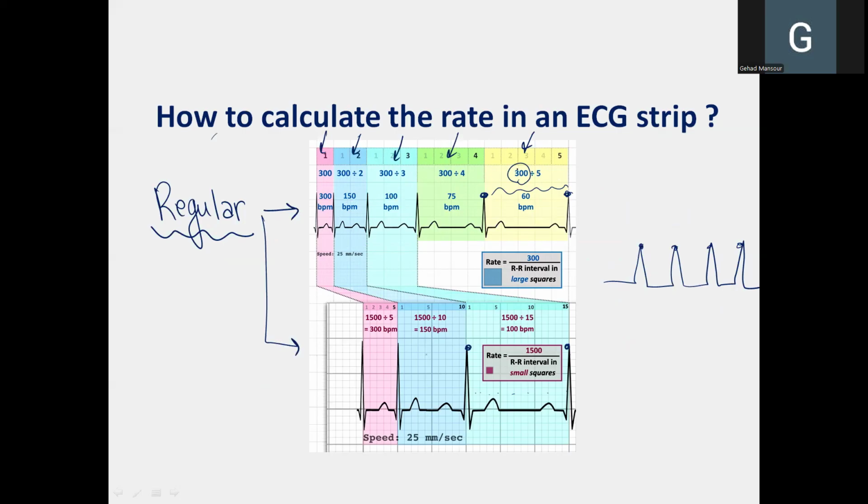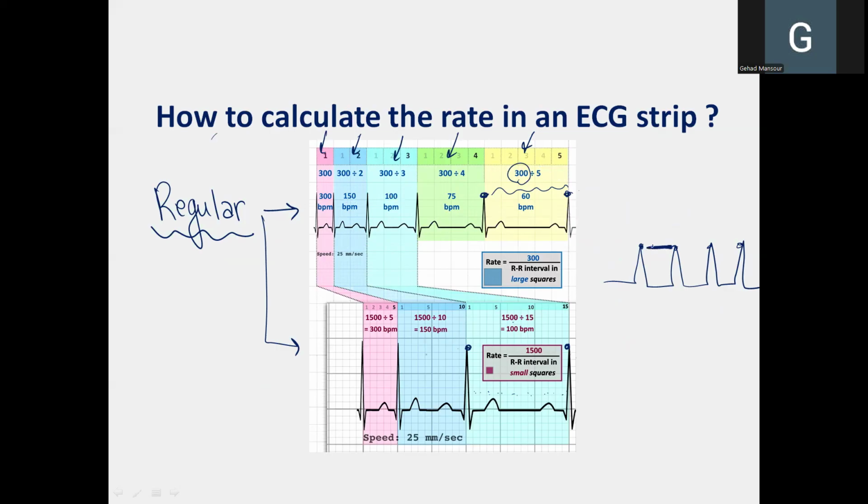Either you divide 300 by the number of integral big squares between the two successive R peaks, or you divide 1,500 by the number of small squares between two successive R peaks. So the choice depends upon whether